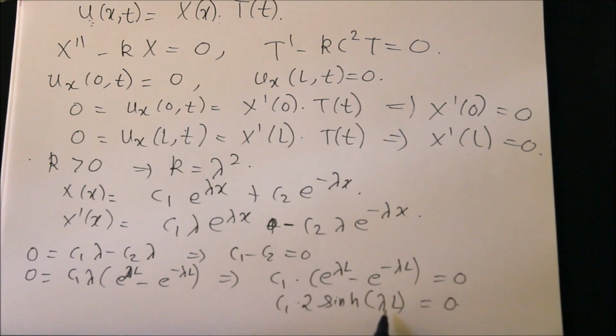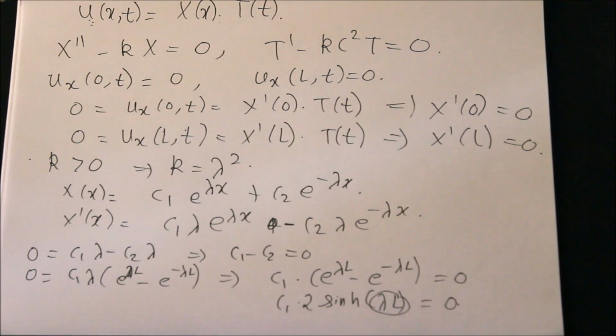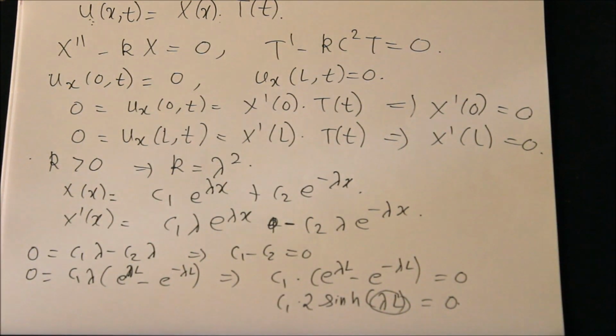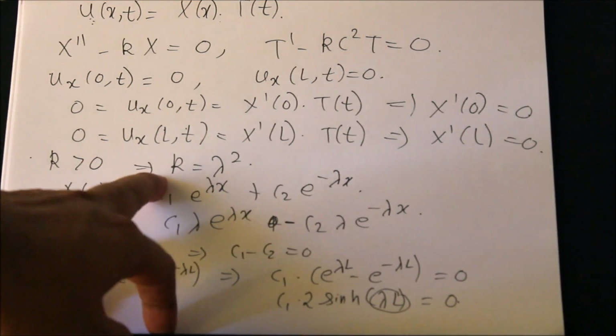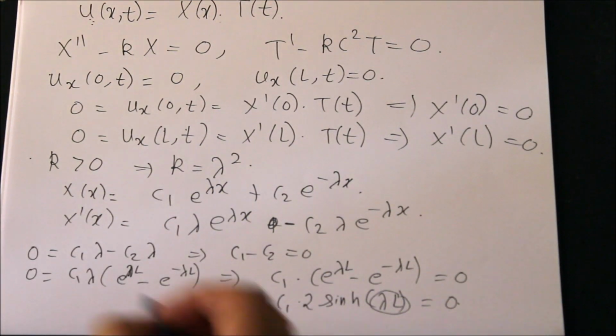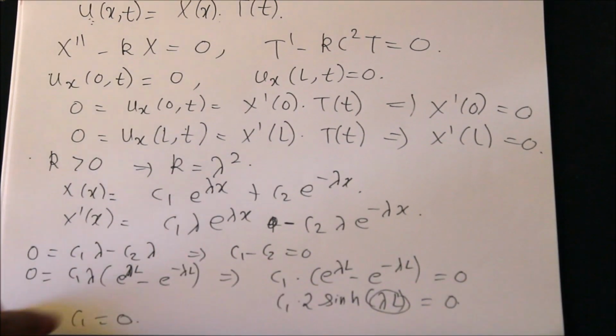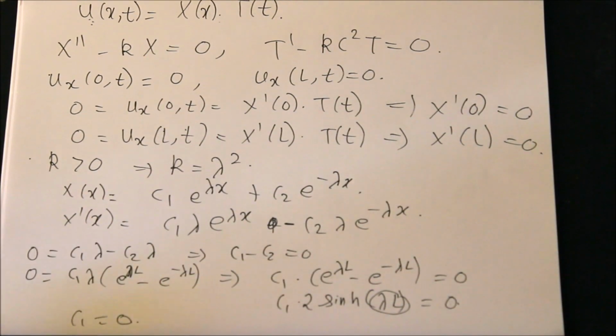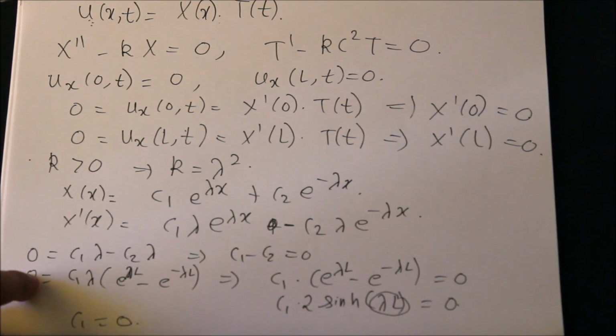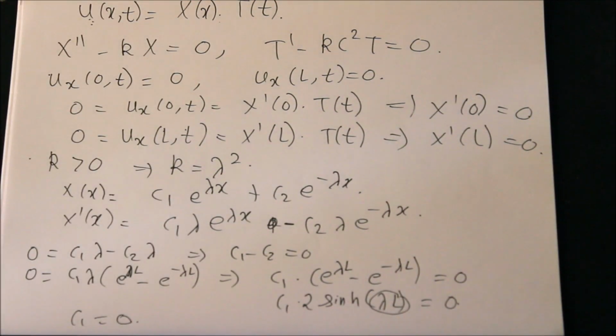But now, sinh of theta is 0 if and only if theta is 0, but L is non-zero, therefore lambda is 0. But lambda 0 is not possible because k is positive, so c1 is 0, and as soon as c1 is 0, this implies c2 is also 0. So this is exactly the same thing which we did for type 1. The only thing there was we were playing with x of x, here we are playing with x dash of x,